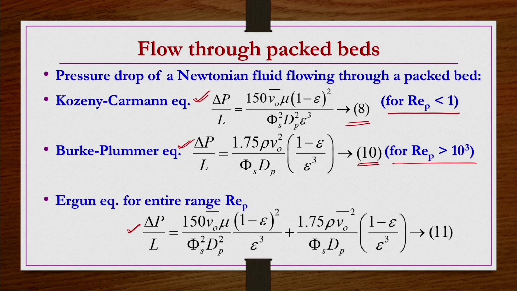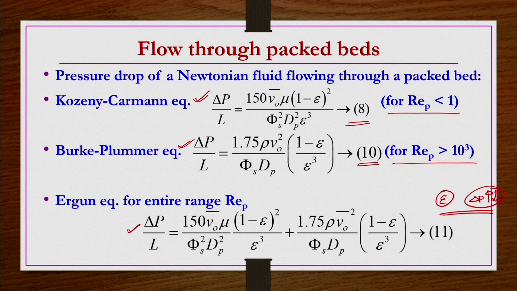He also found, by doing several experiments, that a small change in epsilon is going to show a significant change in the pressure drop, whether increasing or decreasing, depending on whether epsilon is increasing or decreasing, right. So even a small change, let us say if you change the voidage from 0.44 to 0.46, is going to show a significant effect on this pressure drop. That also Ergun found by doing several experiments, right. Up to this part we have seen in the previous lecture.